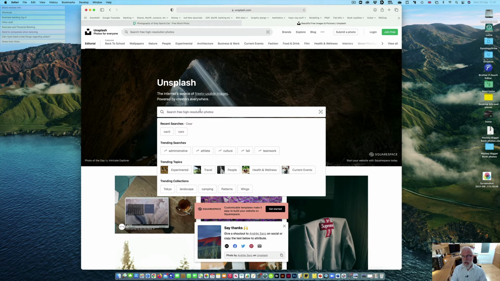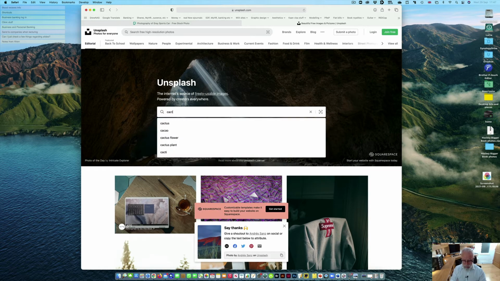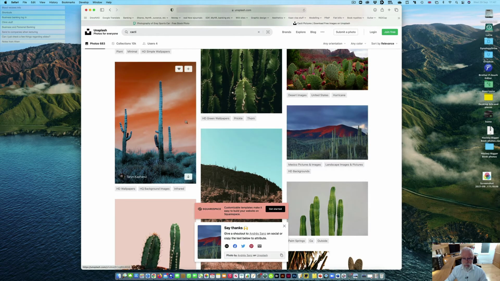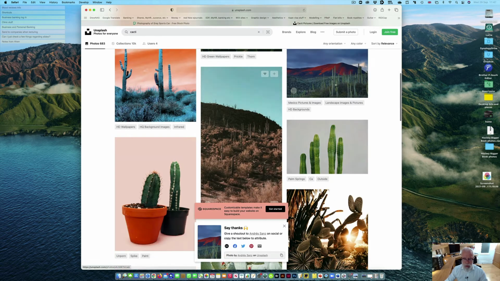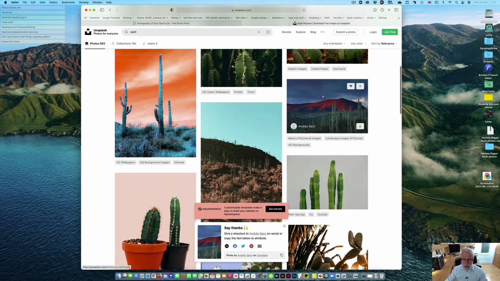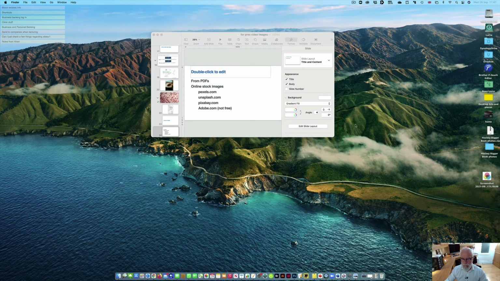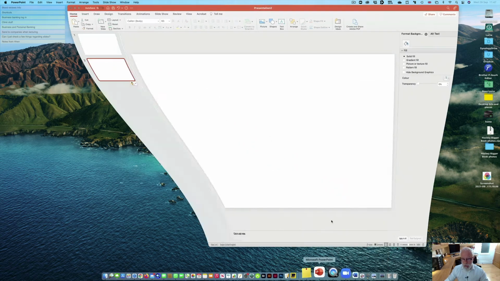Again, let's say we're doing a talk about cacti. Look for a picture and choose one you want. I actually chose this one earlier. I've got this one downloaded. You just simply click the download button. Let's say I wanted this one instead. Click the download button and it just downloads to the download folder. So once you have your image,